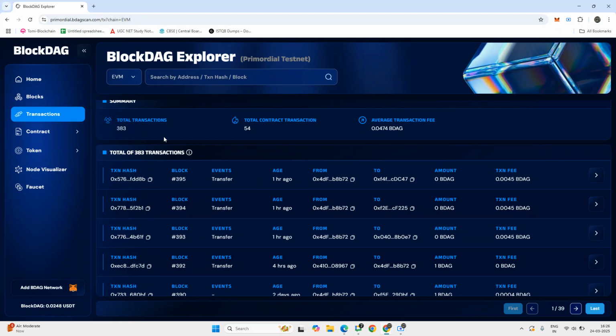Then we have age, which acts as the timestamp, right? Since when was the transaction being processed? Then we have the from address, which depicts the sender's wallet address. Then we have the to address, you can see, which acts as the recipient's address or contract address, right, which